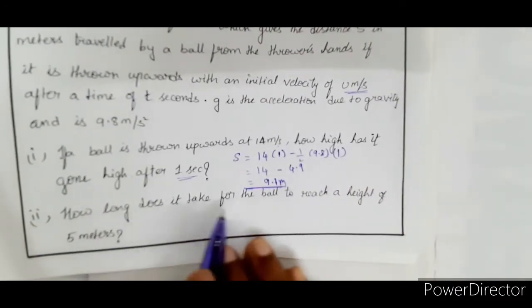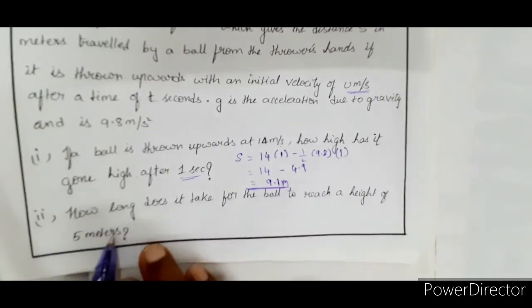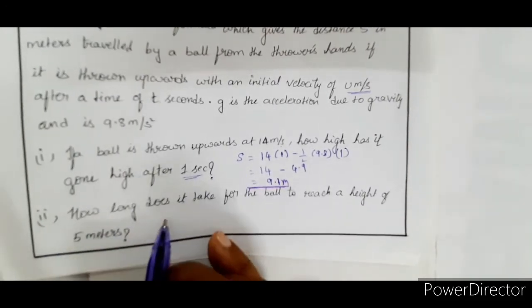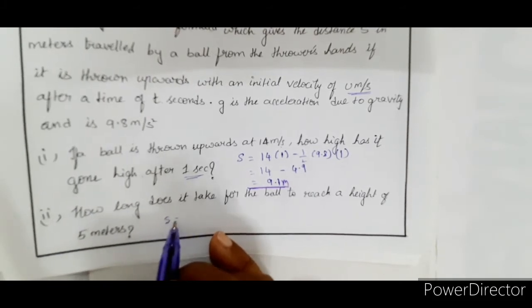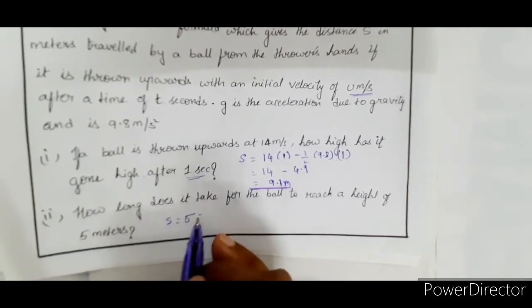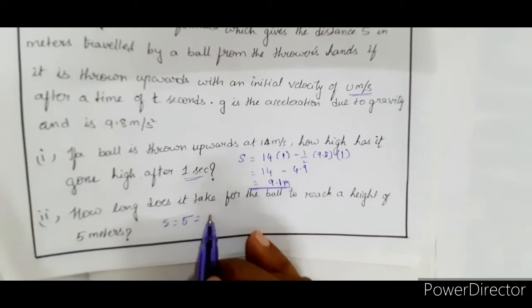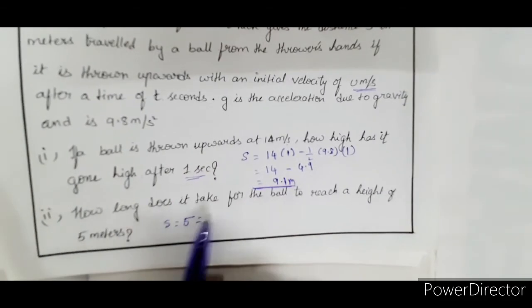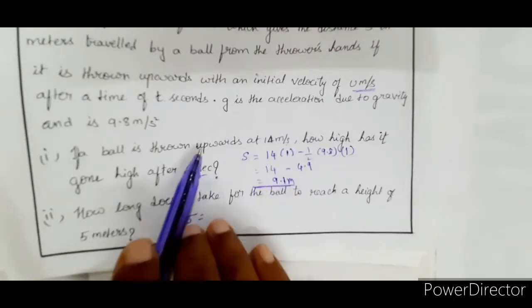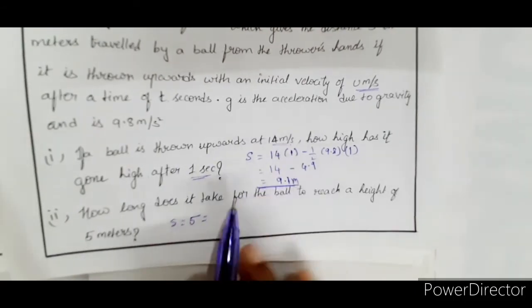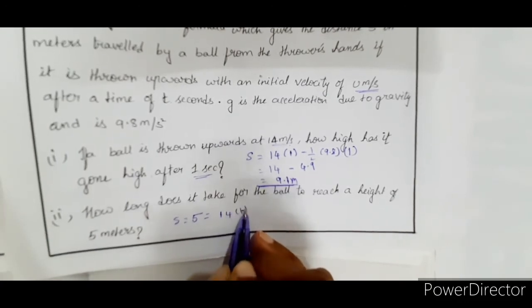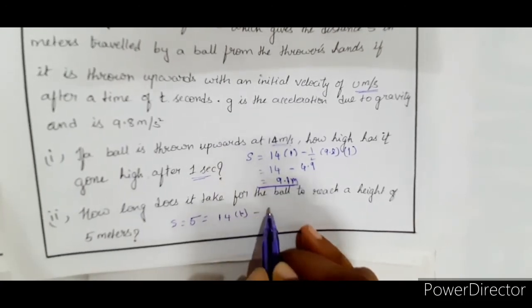Now how long does it take for the ball to reach a height of 5 meters? So what is given? S is given. S is equal to 5, with the same height of 5 meters and the same speed, because speed is not mentioned again here, means with the same speed, right? 14 into t minus